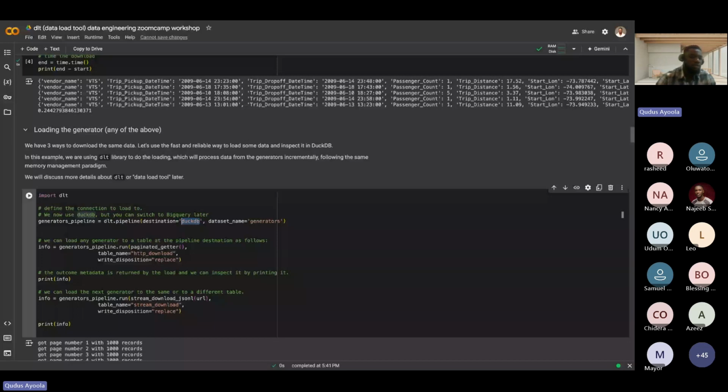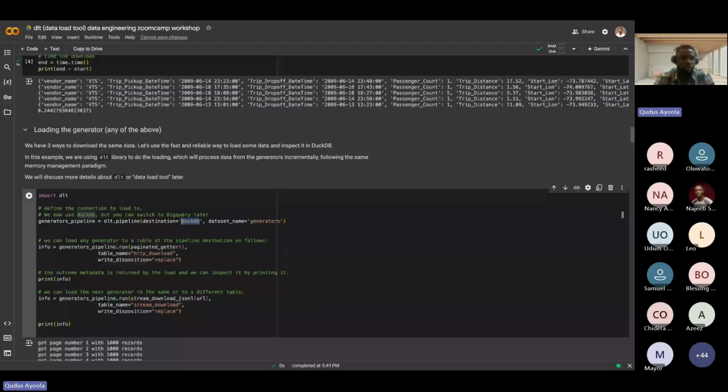It allows you to run your ETL, and it's easier for you to spin up DuckDB within your notebook in order to test your pipeline and perform different transformations. So typically it's like your in-memory database.